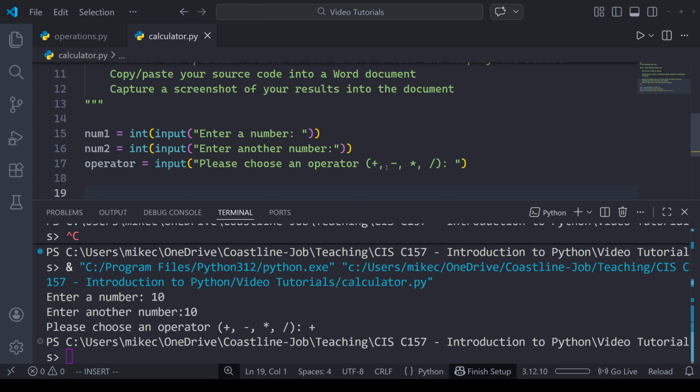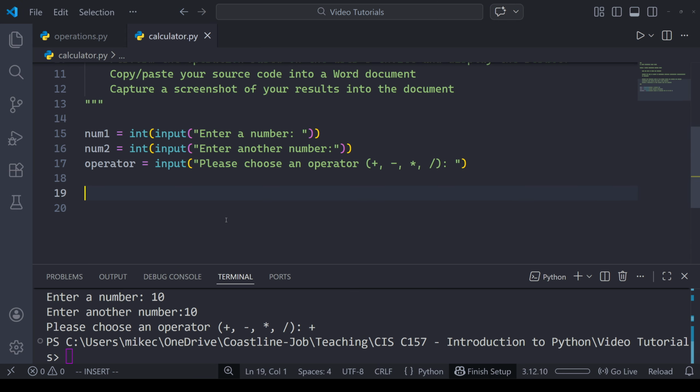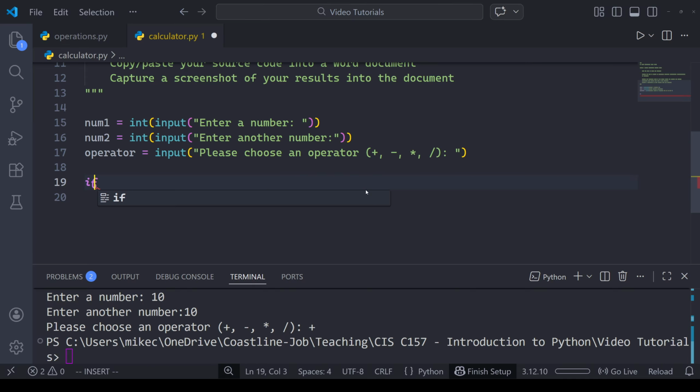Now, your textbook does not go into specific branching statements in Python yet. We haven't gone over if statements yet, and so you might need to do a little bit of outside research to solve this problem, because essentially what we need to do is, depending on which operation the user chooses, perform a different mathematical operation. In Python and many programming languages, there is what's called branching logic, where if the user does something, we can do something in response to that. And the way that we can handle that is by using an if statement here.